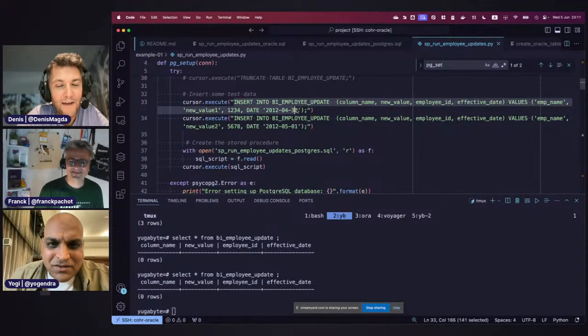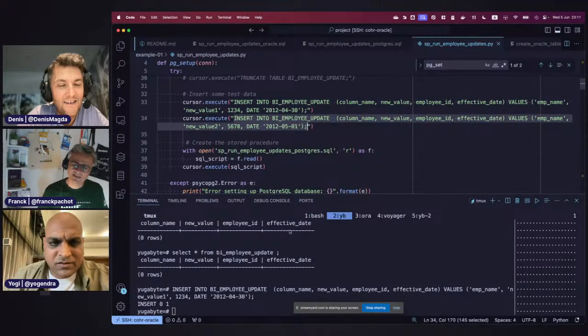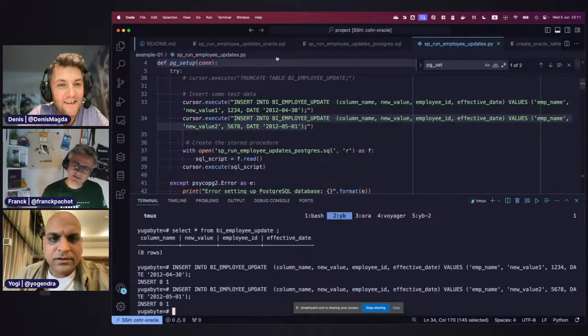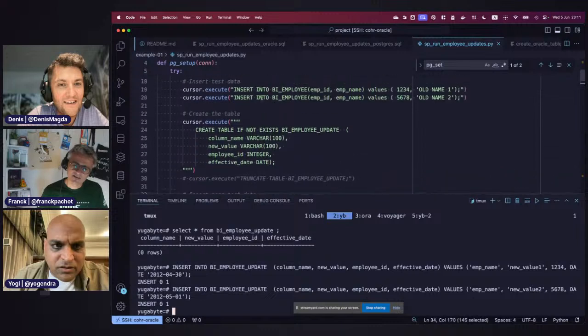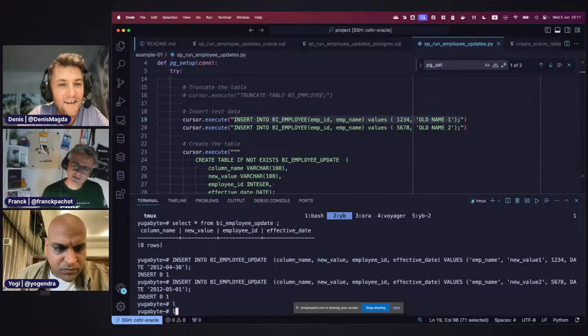And so YB2 is a different instance, right? It runs somewhere else. No, it's the same. It's just a different shell. It's okay, let's just insert the data ourselves. Okay.